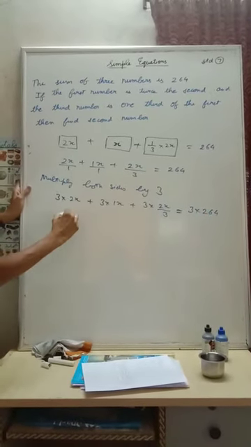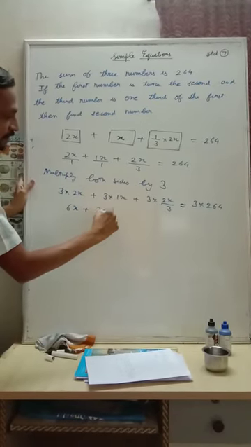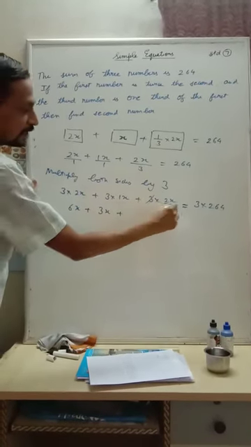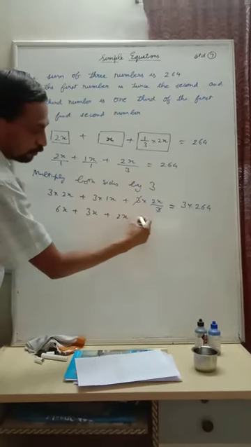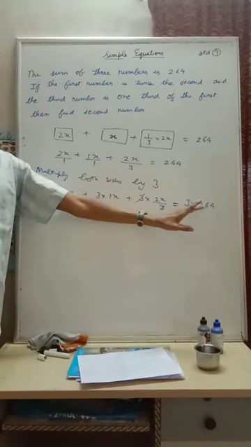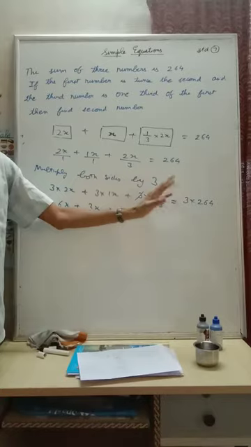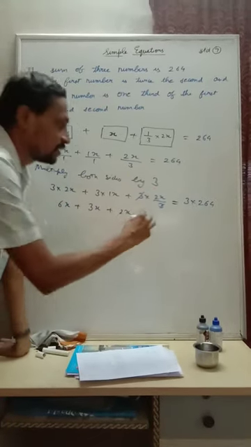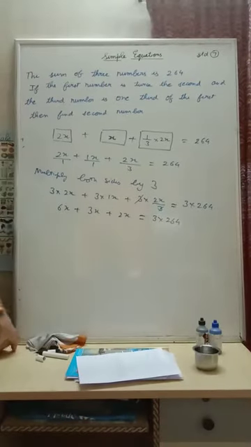Now the answer will be like this: 3 2s are 6x, 3 1s are 3x, plus this 3 will get cancelled, so this is 2x. And here is one more trick for you. People have a habit of completing the problem as fast as they can, but don't rush on multiplying this, because in the next step it might get cancelled. So we'll write 3 multiplied by 264 as it is.